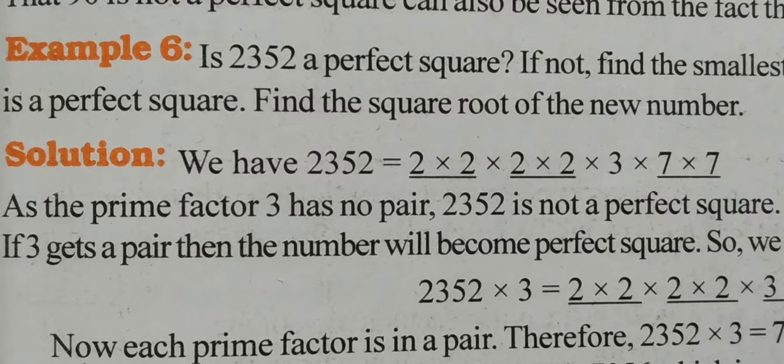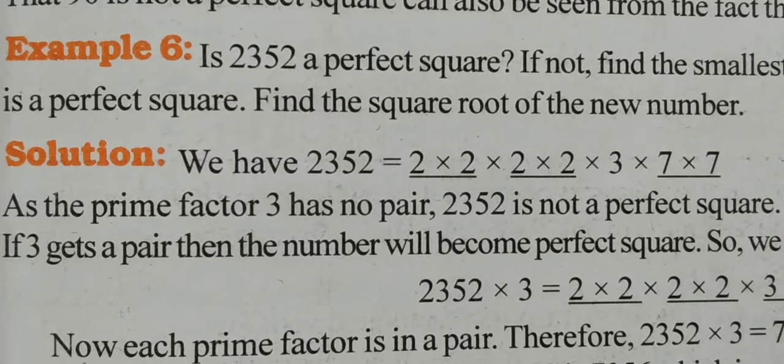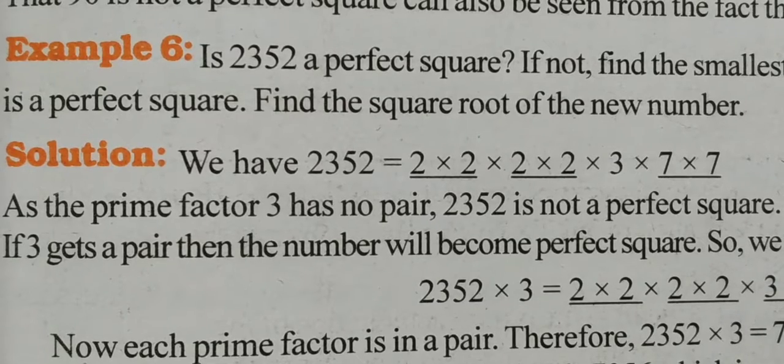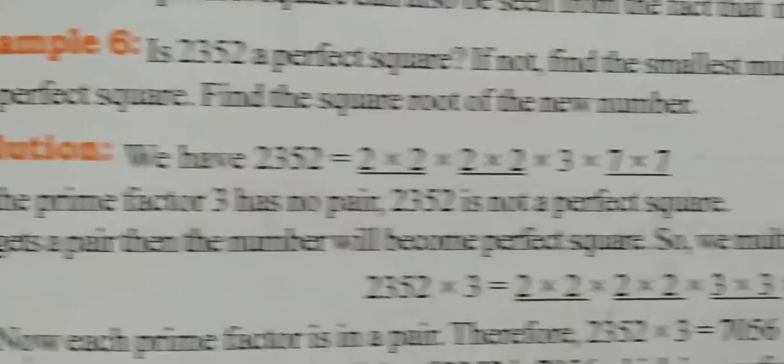Hi children, in the previous video you have studied about finding out square root by prime factorization. Now today we'll continue with the same thing, but with a little twist, where a number will be given to you. You have to factorize it, which won't be a perfect square. You have to find that missing factor or the multiple which is going to make the given number a perfect square. Process is same. You have to factorize it like this.